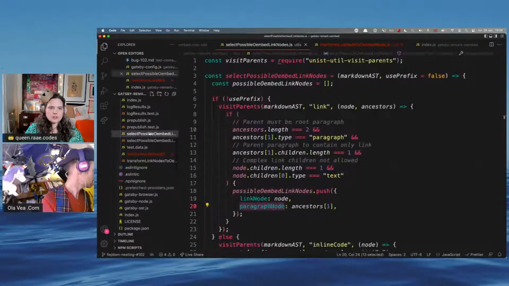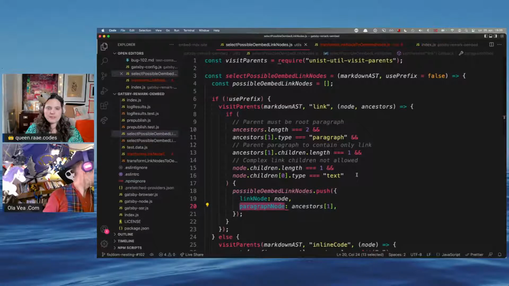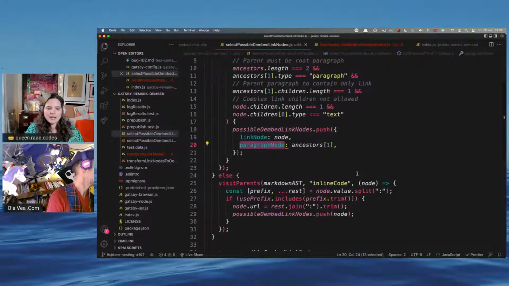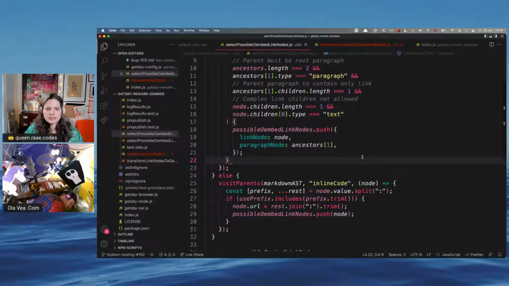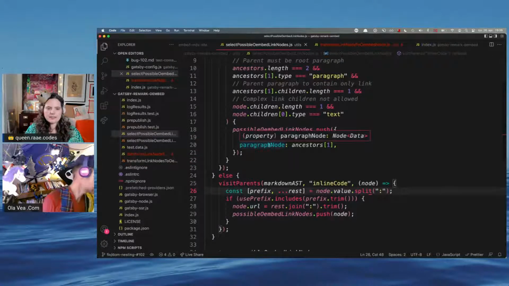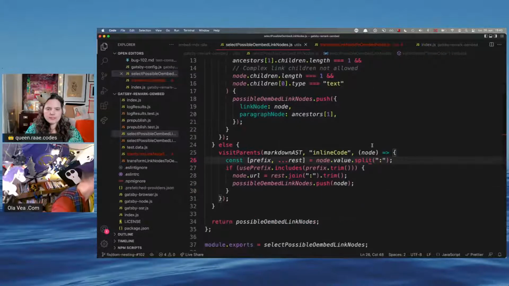So let's do our select possible oembed links. We did the link node and we did the paragraph node. And then for our inline code, I am not really sure how that should be. So let's just not give it a parent so that it doesn't work on the parent.